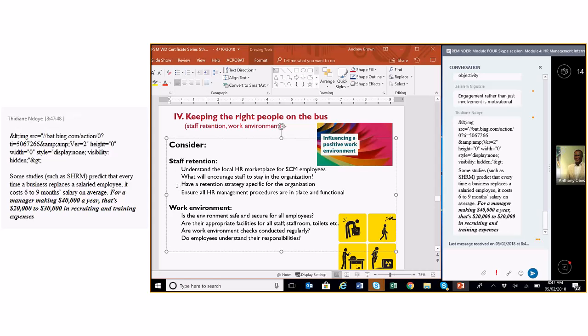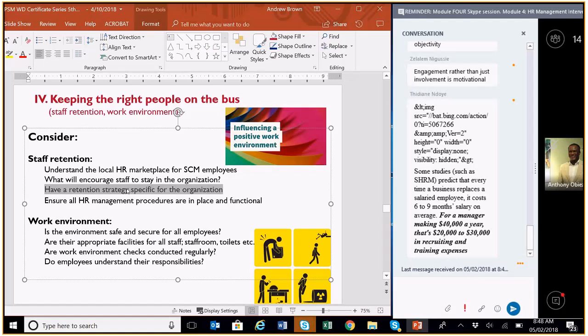Yeah, thanks, Tidian. One of the important points to note is that it is a big cost to a business to change an employee. There are the costs of recruiting, but also lost productivity. Thanks for that thought, Tidian. The other aspect is that having a retention strategy means that you understand the local environment and you've highlighted the key areas that you're going to work on in order to keep staff in a business, whether they are financial or non-financial parts of the strategy.